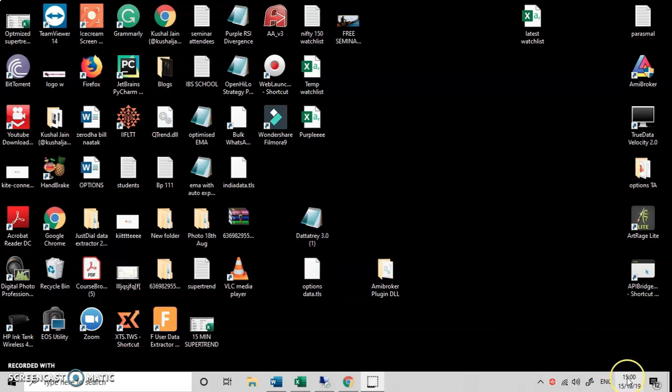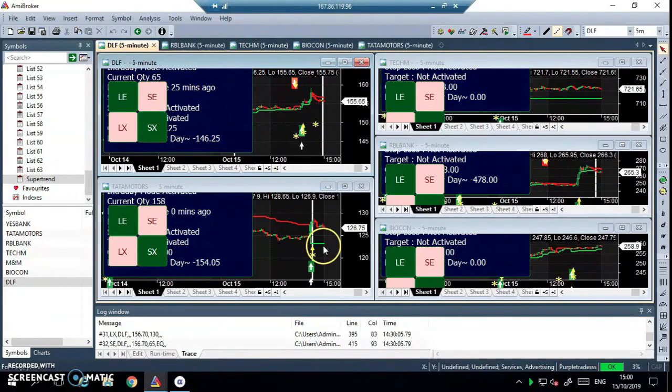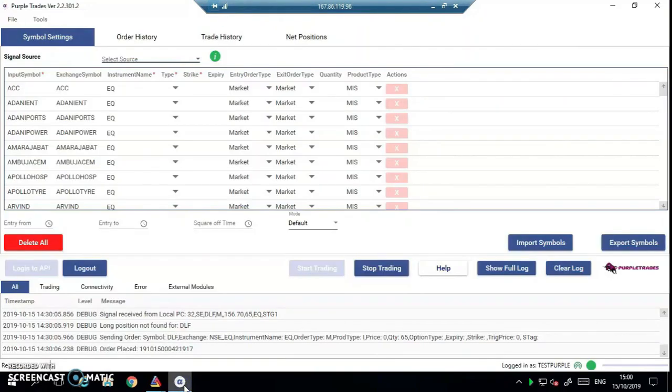So it's 3 o'clock on 15th of October, and I have to go to my Upstox account. AMI Broker is running perfectly well on my cloud, and we'll see what performance was given in our Upstox trading terminal, or how much profit or loss I'm getting in the Upstox terminal. So my bridge is also working well without any disturbance. I'll minimize my VPS, go to Upstox account.